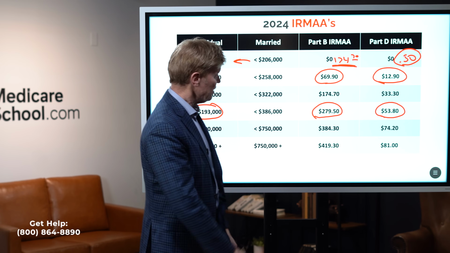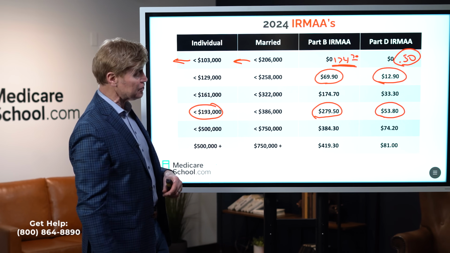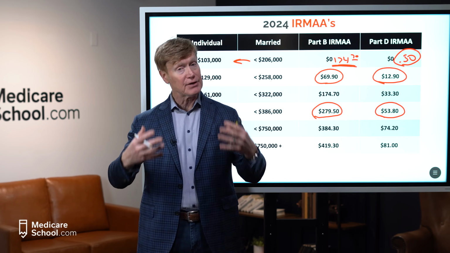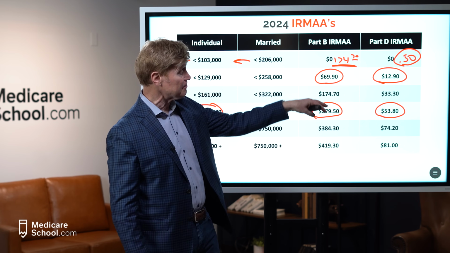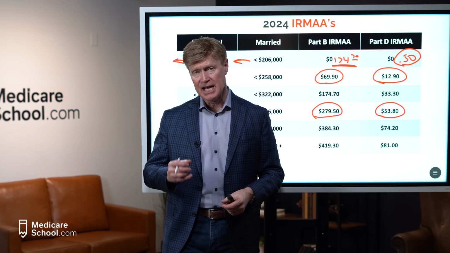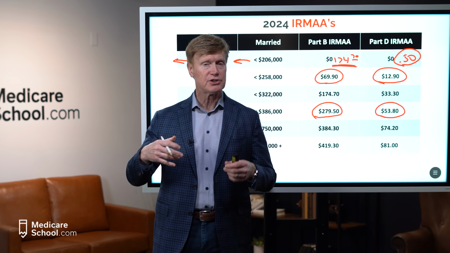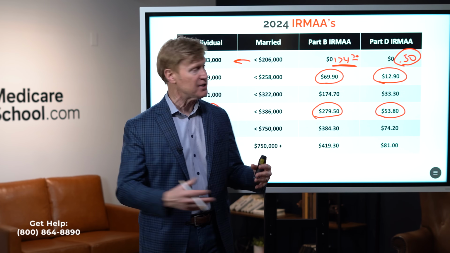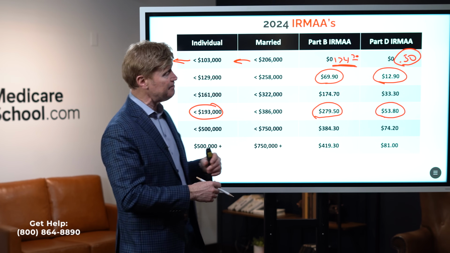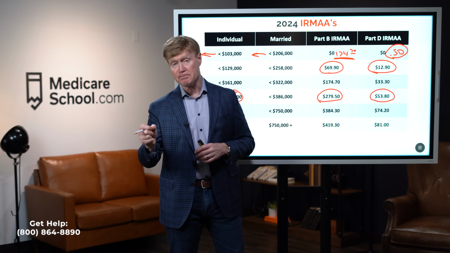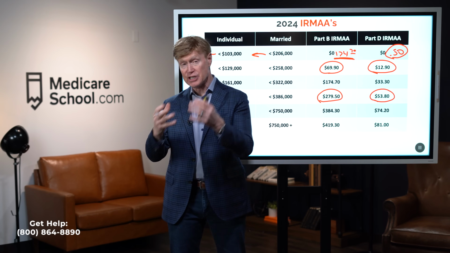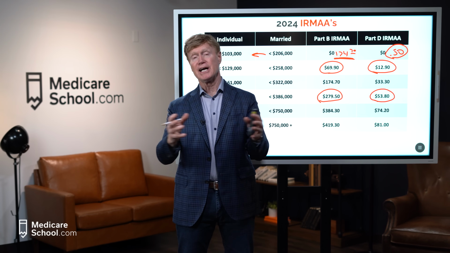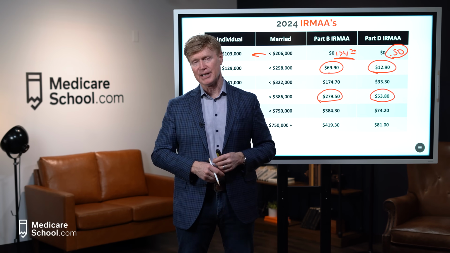All right? And so, again, you have to find exactly where you fall in these thresholds, look back 2 years, and these numbers are recalculated every year. And frankly, we usually see these numbers go up a little bit as well. It's actually tied to the Consumer Price Index U, which is for urban wage earners. And so we can expect those also to go up. So for those of you that are considered to be high income, you are going to have an IRMAA on the B and on the D, and if you take a C plan, Advantage plan, you're also going to have to pay the IRMAA because you have to have B to have the C plan, and more than likely you're going to have a drug plan as well.